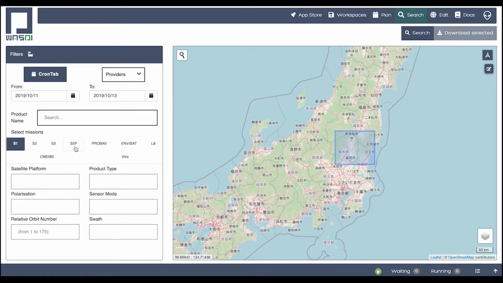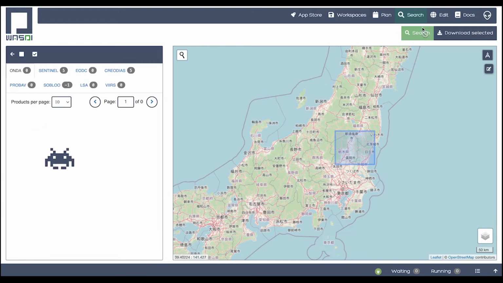So we select here in the filters the dates of interest, and then we also have to select the characteristics of the Sentinel-1 product. So for this application, we are interested in the GRD images. That's the intensity or amplitude images, and the mode of the Sentinel-1 sensor is interferometric wide swath. So now we have chosen the AOI, the dates, and the characteristics of the Sentinel-1 image, and we can run